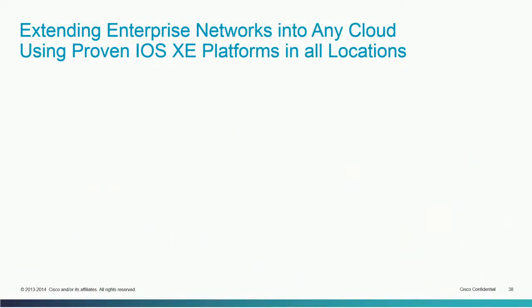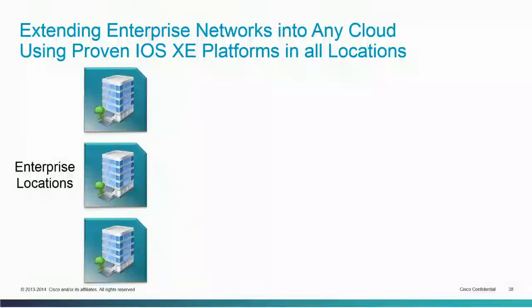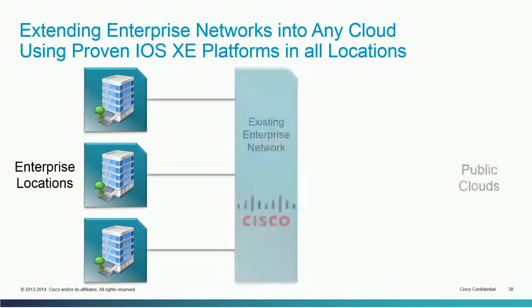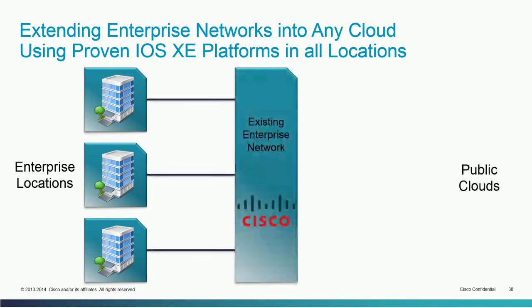So really what it looks like is if you're an existing enterprise, you have your existing enterprise locations, and hooking together all those enterprise locations, you have an existing enterprise network. So this is the glue that you've built, you've engineered to tie all of your locations together and keep all of your users happy. And now if you're going to be expanding or moving some of your applications into the cloud,